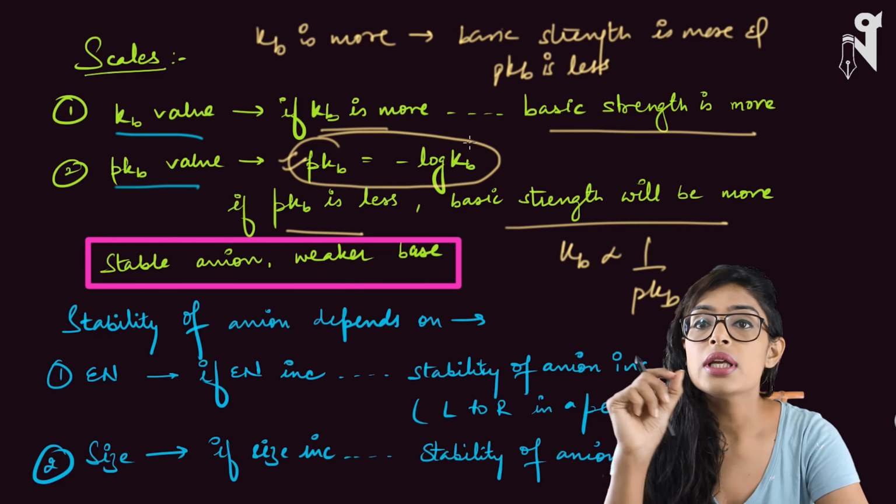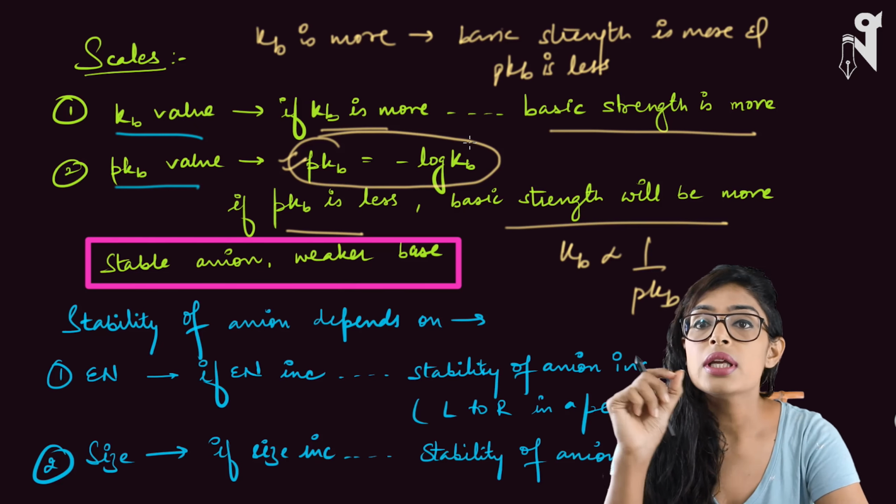So it is happy with its electron density, right? So basically it's happy means it wants that electron density and it doesn't want to give it away. So taking away that electron density from an electronegative element is actually a tough job. But this rule is applicable only from left to right, not from top to bottom. So this rule is applicable in the period from left to right, but mind it, this rule is not applicable from top to bottom in case of groups. In case of groups, it is a different rule which we use. This electronegativity concept works only horizontally, not vertically.